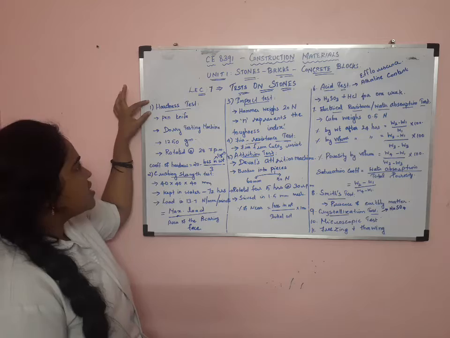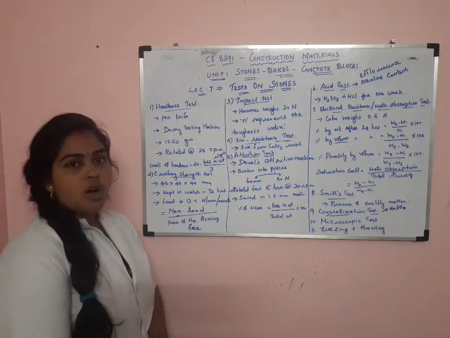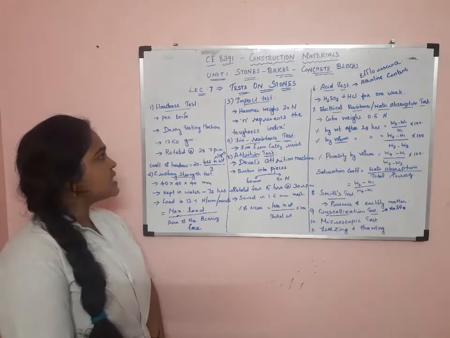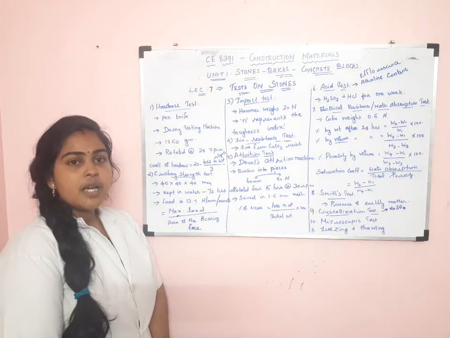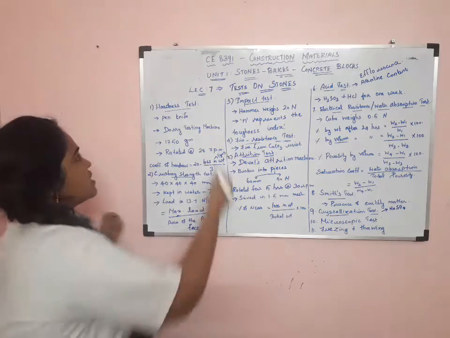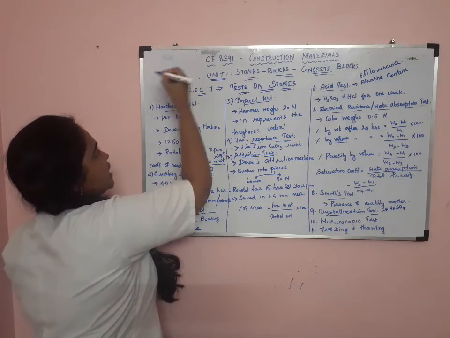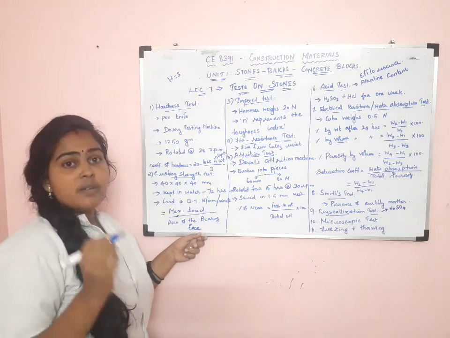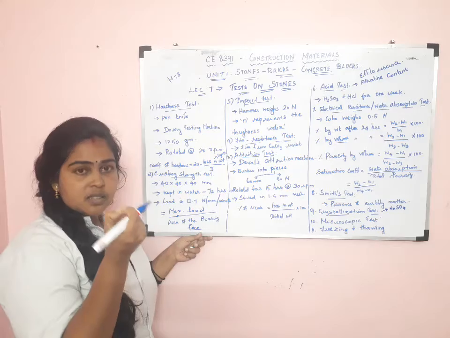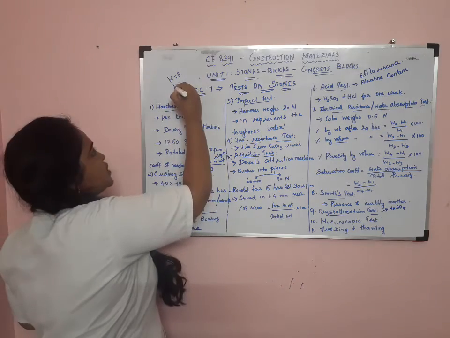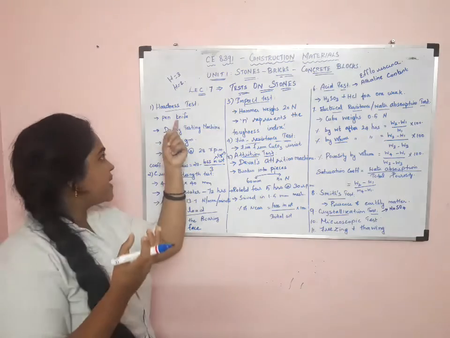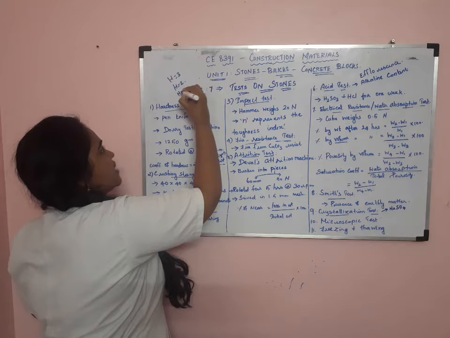So the first test is the hardness test. This hardness test is an aid of Mohs scale of hardness. This is tested by using a penknife. When a scratch is made by this penknife, then the hardness is said to be 3. When a hard scratch is made by the finger nail, then the hardness is said to be 2. When a scratch is not made by this penknife, then the hardness is said to be 7.